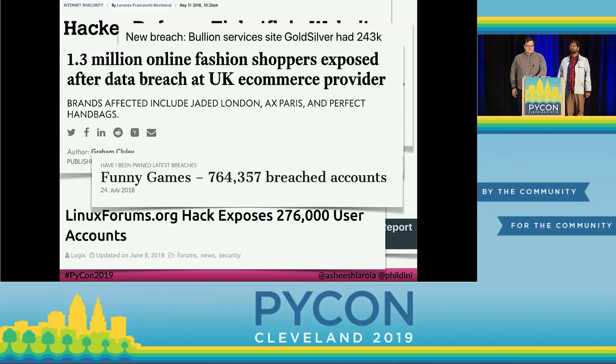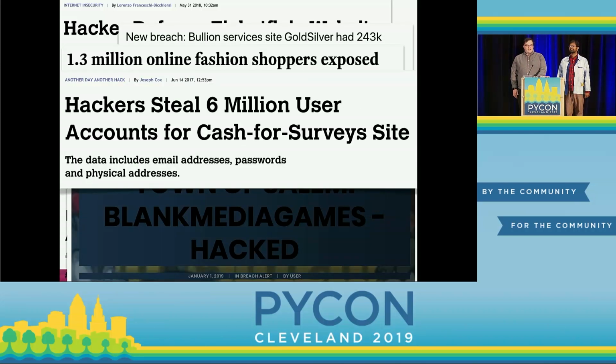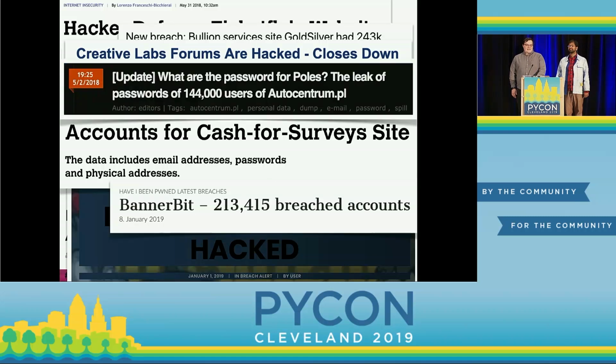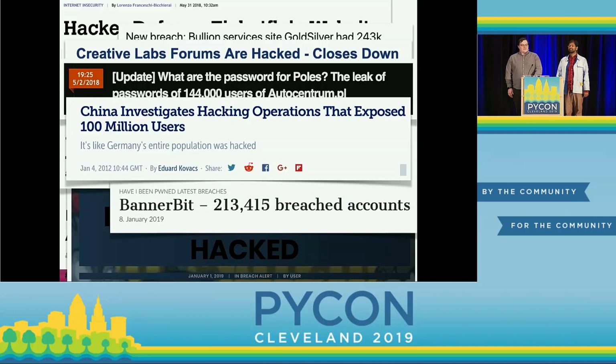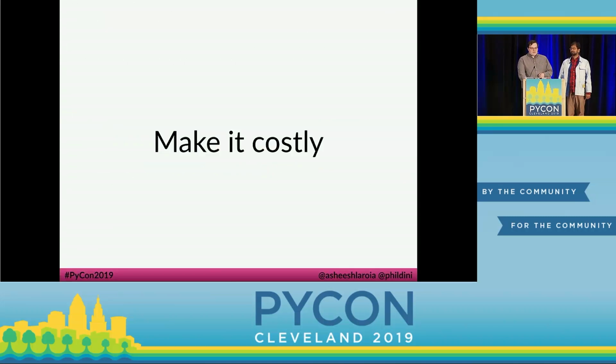The amazing thing about this montage, if you're looking carefully, is that all of these breaches happened in just the past year, and all of them involved account information being compromised. Each of these breaches increases the chance that one of your users' accounts has been taken over because people reuse email addresses and passwords for accounts. The main thing you can do to protect your users is to make it hard for other people to take over their accounts. Asheesh is going to start by talking about passwords.